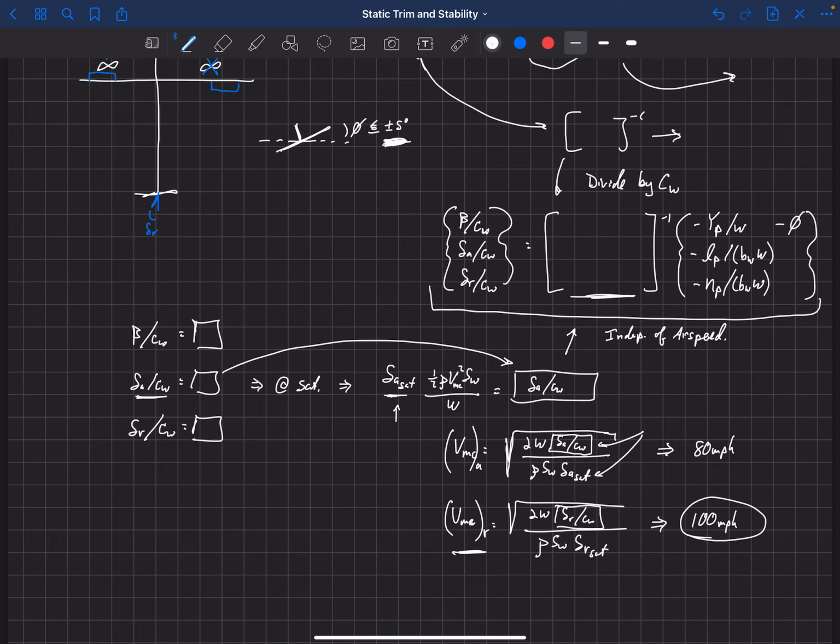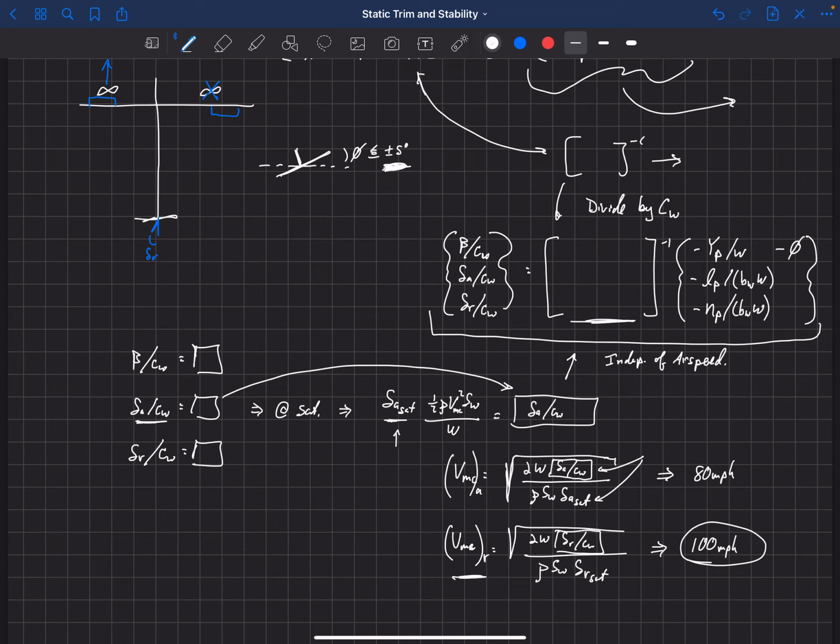Most aircraft, most twin-engine or multi-engine aircraft, are rudder limited. Sometimes you can get an aileron-limited aircraft if you have a lot of dihedral in the wing, but usually these multi-engine aircraft are rudder limited, and so this becomes a sizing case for the rudder. This helps us determine the size of rudder we're going to need on the aircraft.